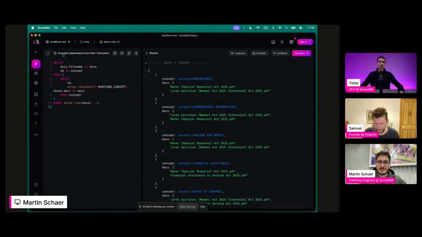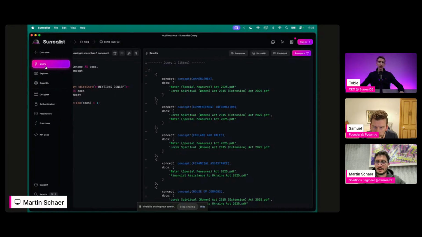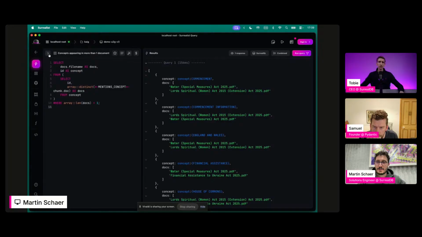And similarly here, you can see a different but similar query to look at concepts that are appearing in more than one document, not in more than one chunk, but within documents, sorry. And of course, yeah,